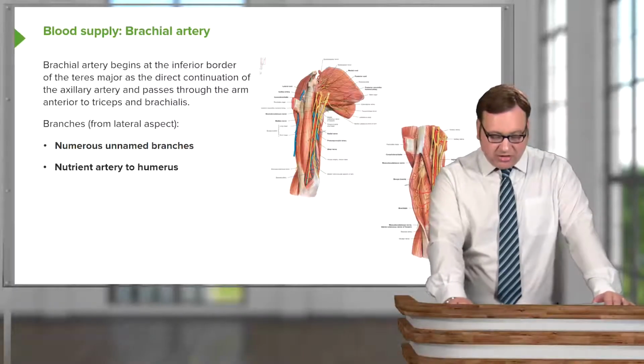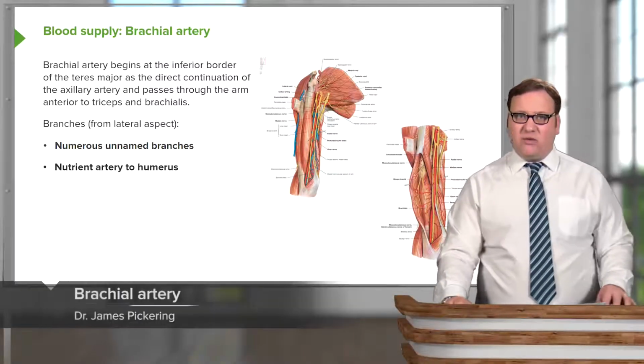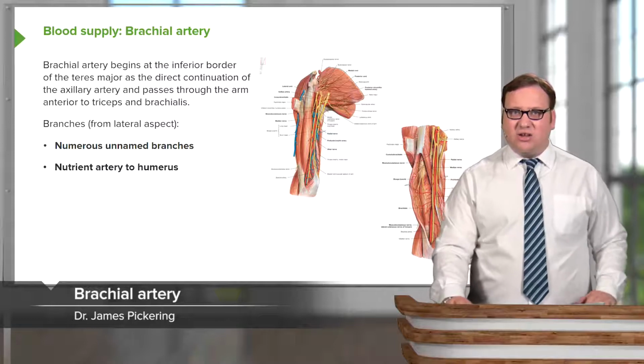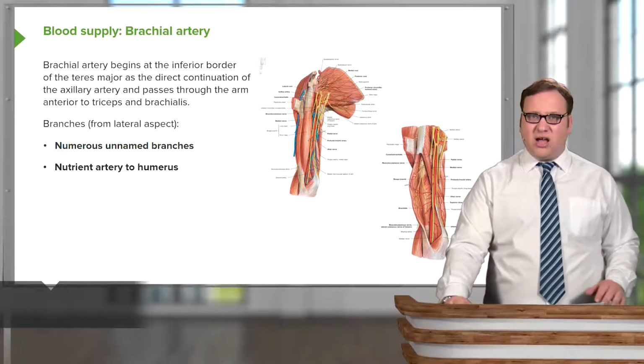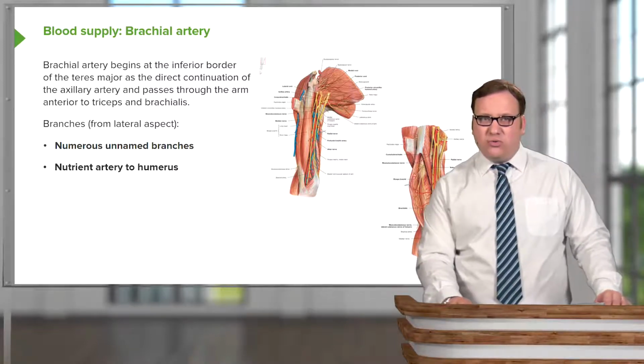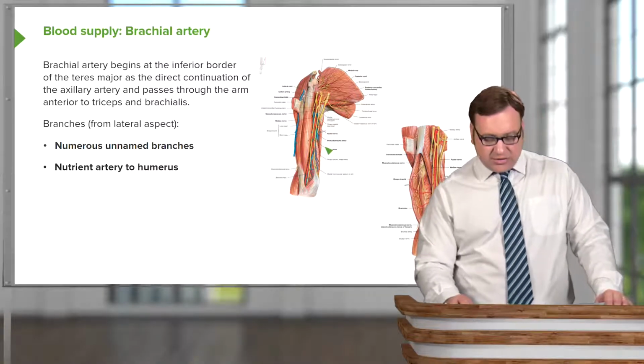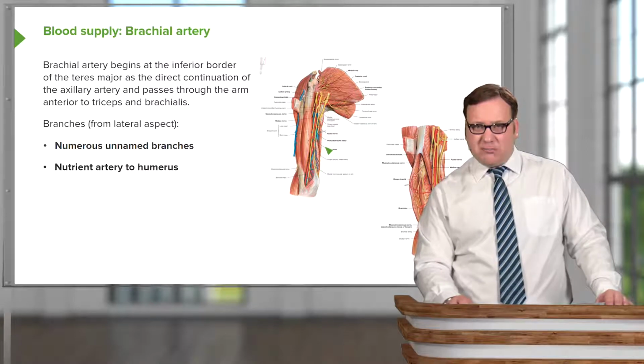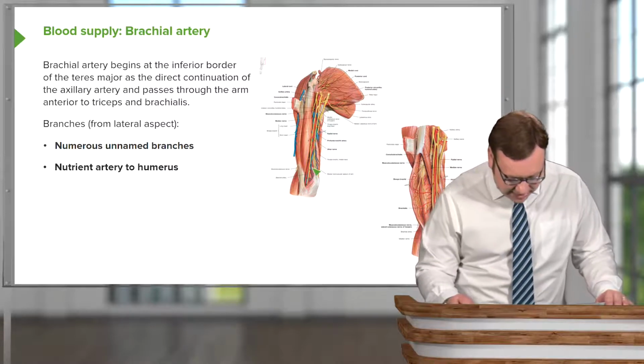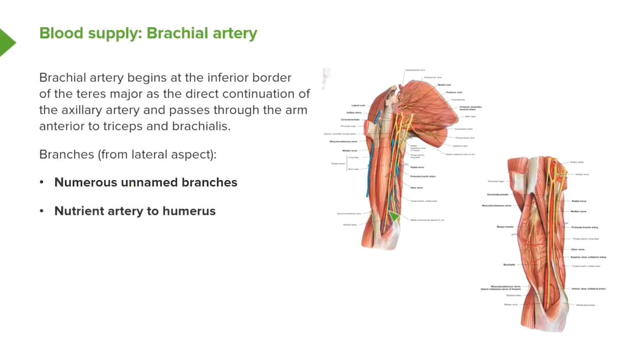So the brachial artery begins at the inferior border of teres major. Like I said, a direct continuation of the axillary artery. It passes through the arm anterior to triceps and brachialis. So it's found in a cleft between biceps brachii and brachialis. We can just about make out brachialis here, and here we have biceps, and it's running in a cleft between those two